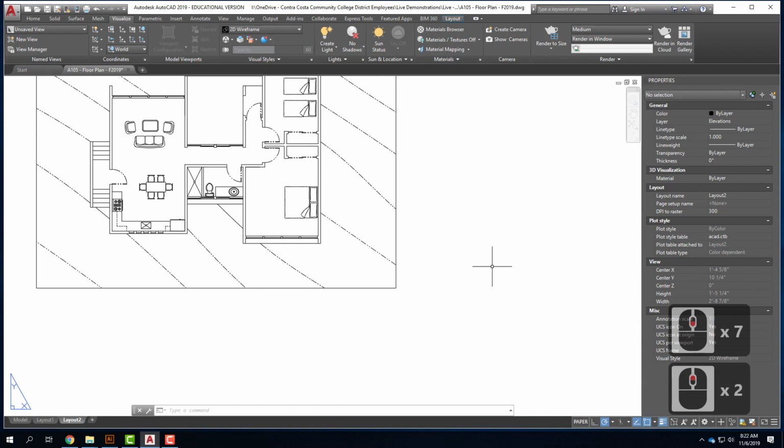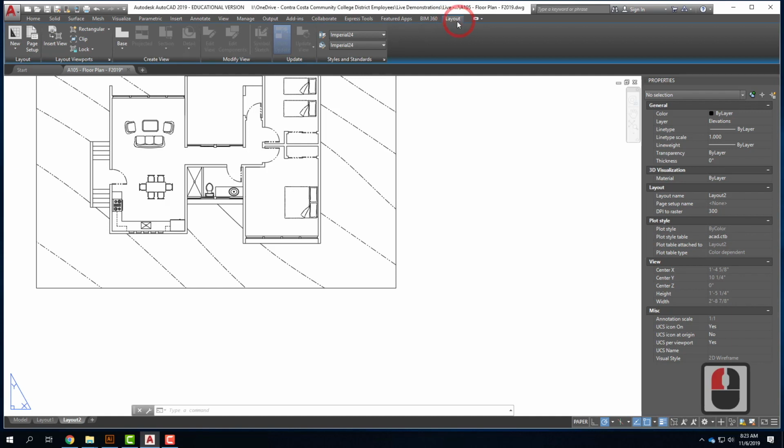So the next piece would be to bring in some more viewports. I'm going to go to the Layout tab over here on the right, and click on the new rectangular viewport. It's right here, under the Layout Viewport section. Be careful you don't pick New under Layout, because that creates a brand new layout. We just want a new viewport. So I'm going to choose Rectangular Viewport,